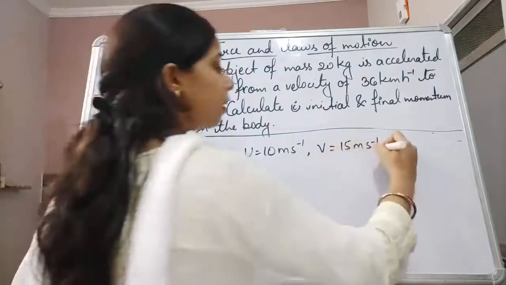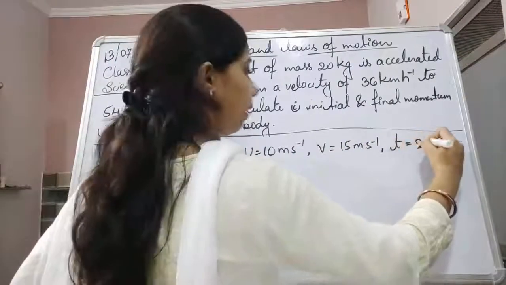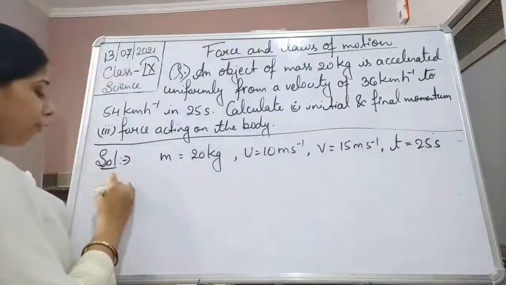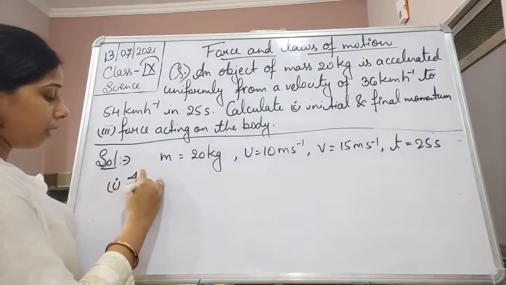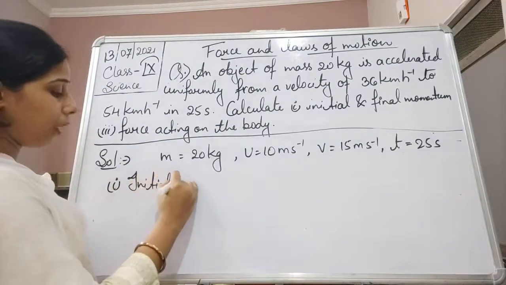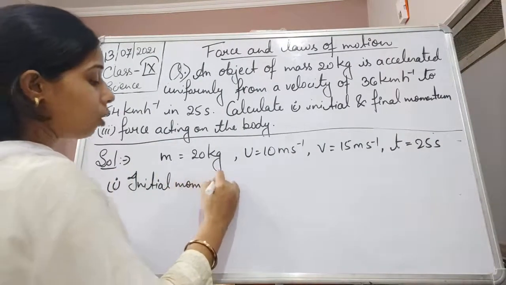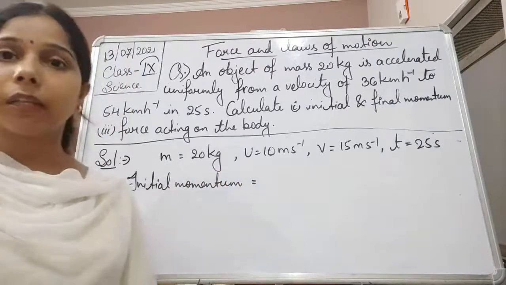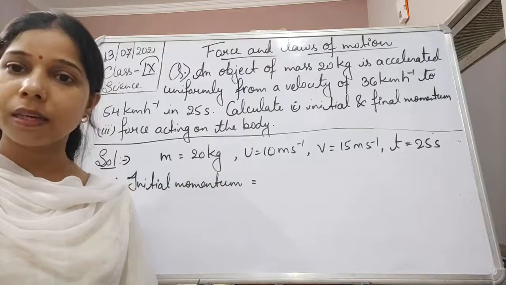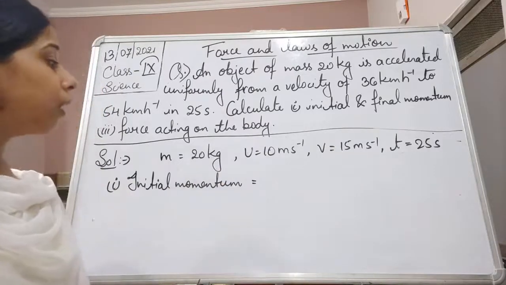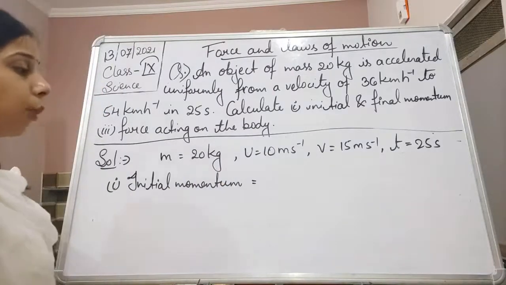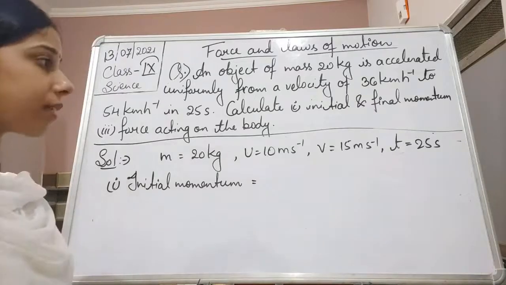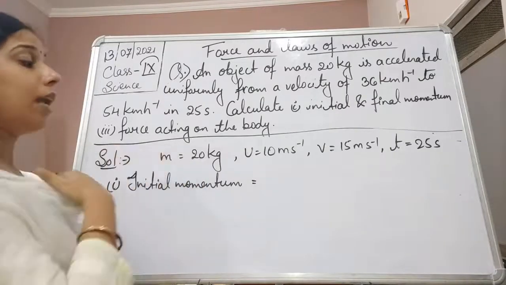Time is given, that is t equals 25 seconds. Now first of all, we have to find the initial momentum of the body. To get the initial momentum, students, we should know that momentum is equal to mass into velocity. Here the mass is 20 kg and the initial velocity is 10 meter per